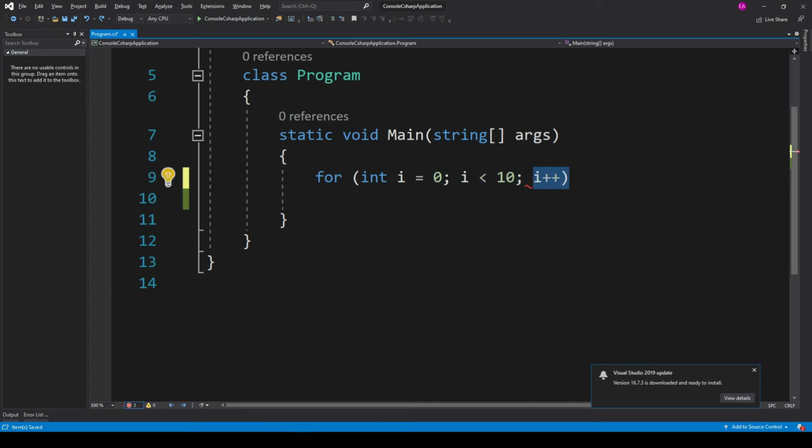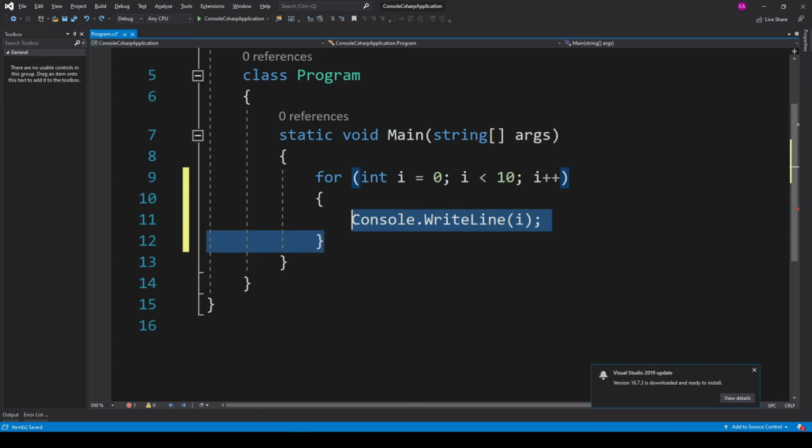Next, after another semicolon, we will type the iterator. Here we will make the for loop increase by 1. Now, instead of typing i equals i plus 1, we can just type i followed by 2 plus symbols. This will automatically add 1 to i. Then in the brackets, we can type Console.WriteLine, then type i in the parentheses to display the value of i